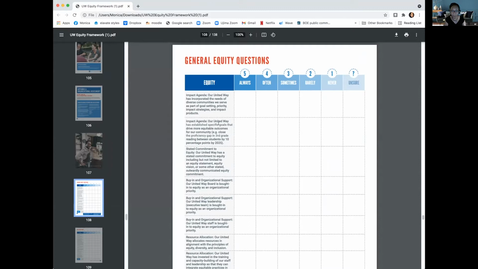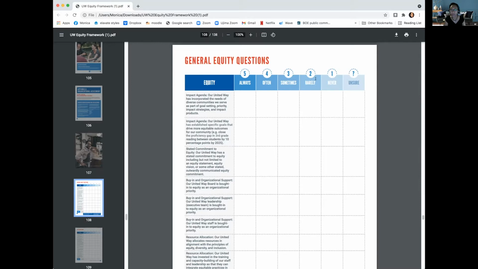So for example, our United Way has established specific goals that drive more equitable outcomes for our community. An example of that is close the proficiency gap in third grade reading between students by 10 percentage points by the year 2025. And then you would put an X on one of these squares to say to what extent, how are we doing?